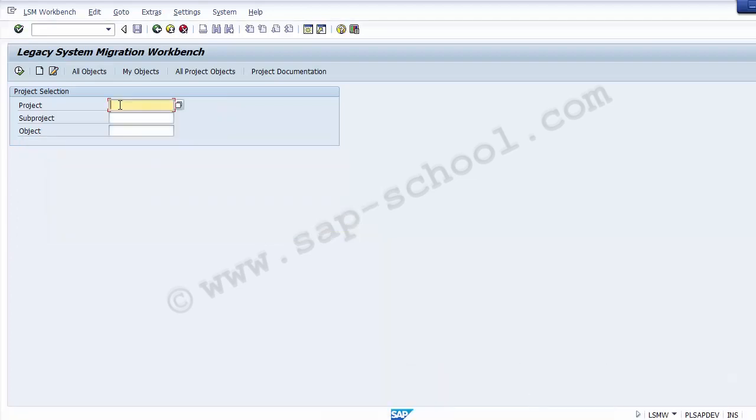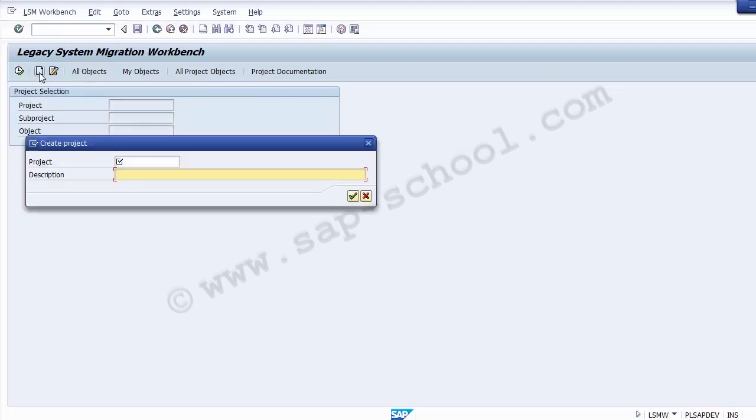So as we moved on to the screen, that is legacy system migration workbench, now we need to go to the create entry over here, as you can see on the header on the screen, create. So we'll go and click on the create entry now. Once you click on the create entry, the system asks you to create the project. So you need to name the project, as the project name has to be assigned. Suppose I name it as project 01,